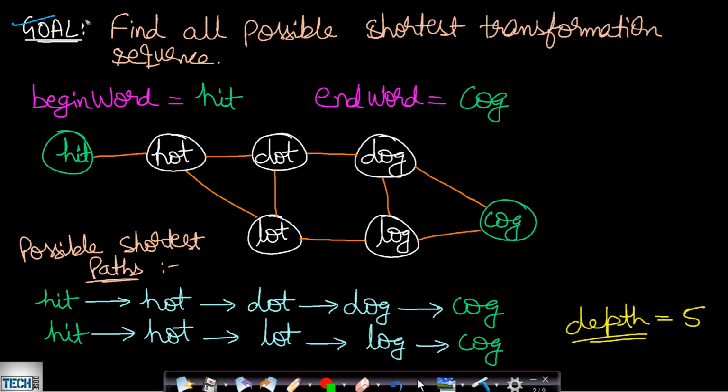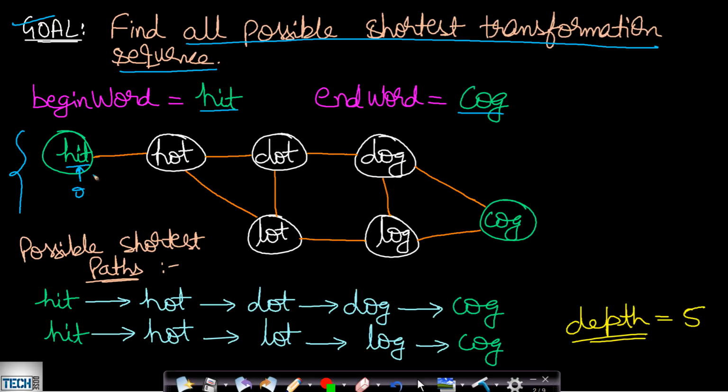Well, in this problem our goal is to find all the possible shortest transformations from the begin word to the end word. Now in this case our begin word is, let's say, hit, and our end word is cog. I have already explained how to form this graph given the word list. So we will be forming this graph. Each edge represents that, given a word, you can change only a single character in order to reach the next word. So if you are at hit, then you can change this I to O and make it hot, so these two will be adjacent. Okay, so this is how this graph can be drawn given a word list.